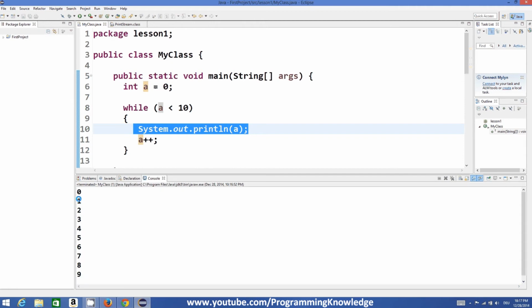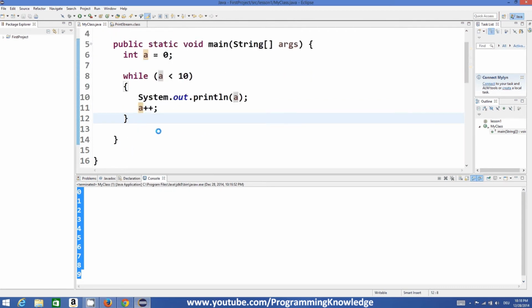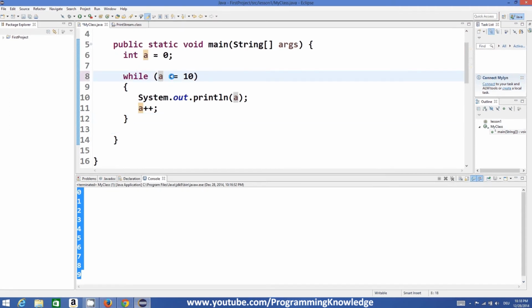So it printed the value of a until 9, but when the value of a becomes 10, 10 is not less than 10, so the condition is false and we go out of the loop and the program is terminated. In the same way, if you use less than or equal to, this will print the value of a until 10.